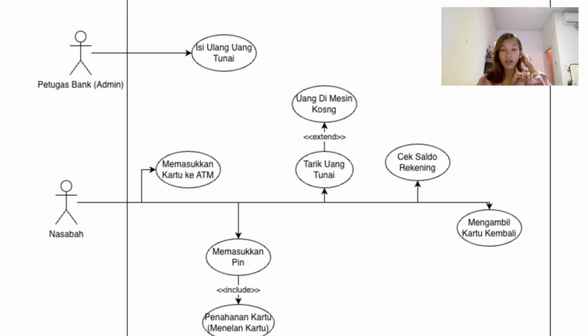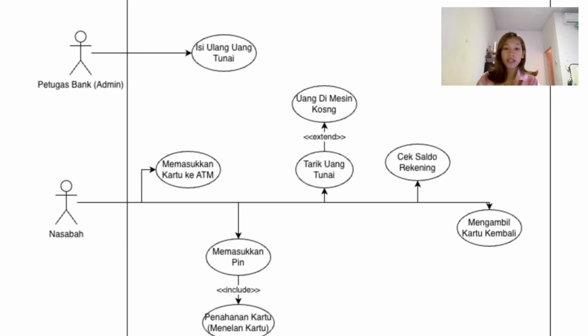And H. Refill cash. This process involves the bank office, which is responsible for refilling cash into the ATM machine. This task is carried out routinely every 2 days, or earlier if the cash supply runs out sooner. Although this use case is free from customer interaction, it is essential for maintaining continuous ATM operation.